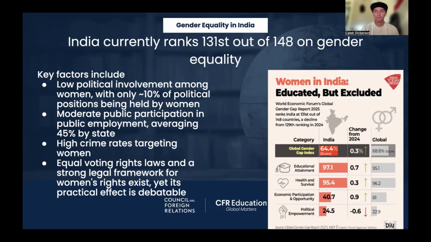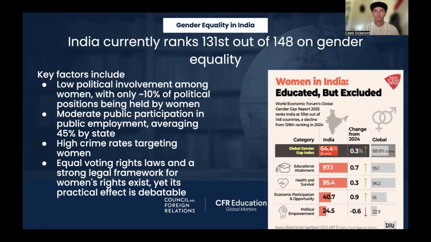Another very notable problem is there's a very high crime rate that targets women. This is a very notable taboo that exists in India, where there's arguably not enough representation or police activity that seeks to protect women and help them. And as a result, women often stay at home much more on average than in other countries or don't choose to participate as much in public life, which significantly affects India's score in gender equality and is probably one of the most notable factors.